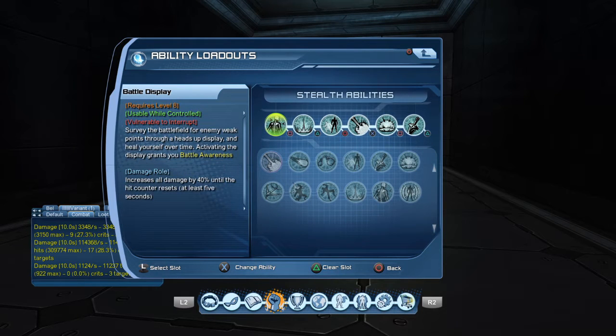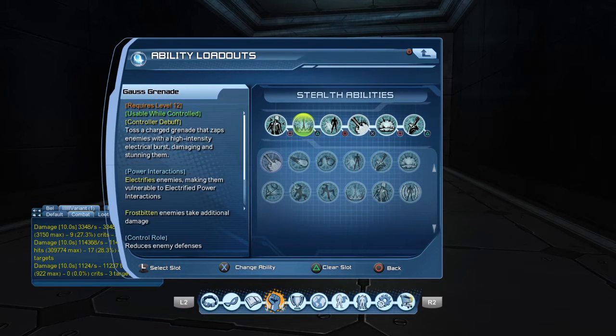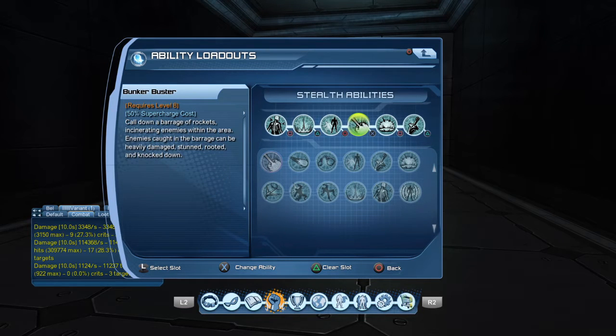There you go. So battle display, advanced mechanics, you need that. You always need that. Whatever happened on your loadout, you always need battle display. Gauss grenade, we use this to exit stealth. Same with bunker buster, it's a supercharge. It's like a burst damage like orbital strike. A little bit less than orbital strike, I'd say, but still, if you have like 100%, you can pull down